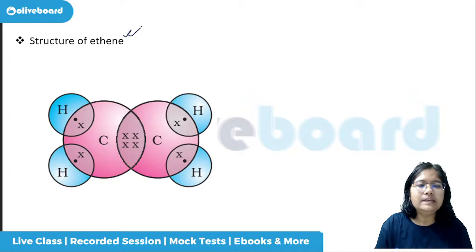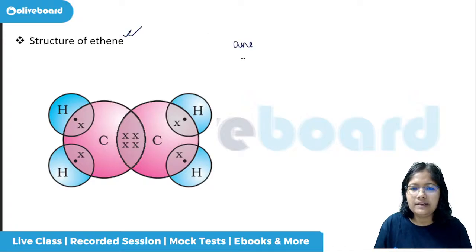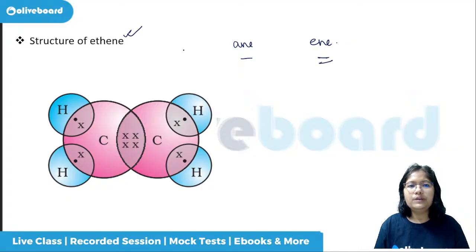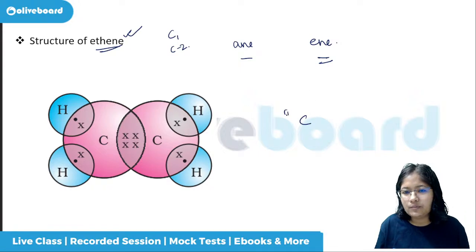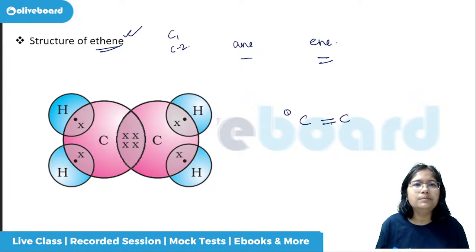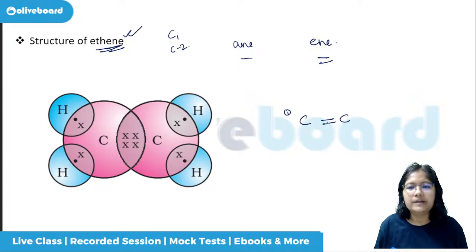Now if you say ethene, we have seen that when it is ANE, it is a single bond. When it is ENE, it means there is a double bond. Also we know methane means 1, ethane means 2. So it is ethene, that means there will be a carbon-carbon double bond. Because double bond has formed already, for tetravalency, how much is left? 2 is gone, 1 more, 1 more. 2 is gone, 1 more, 1 more. And what to put here? We put hydrogen, hydrogen, hydrogen, hydrogen.